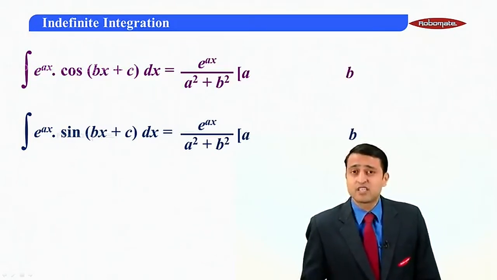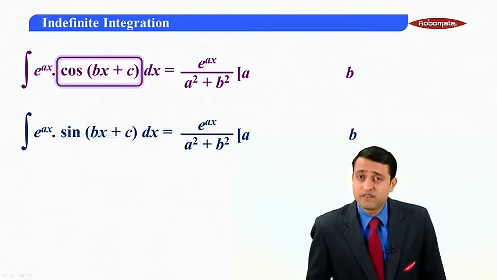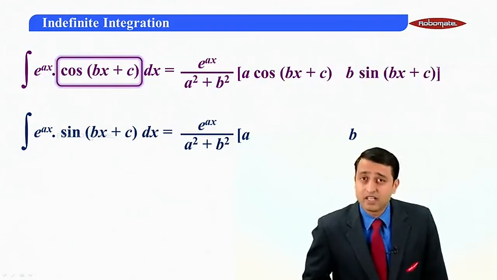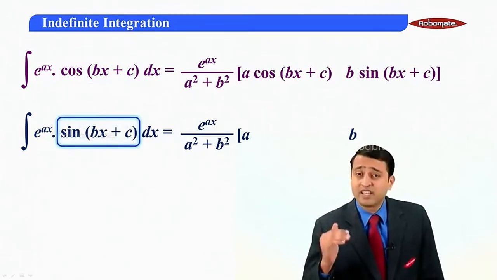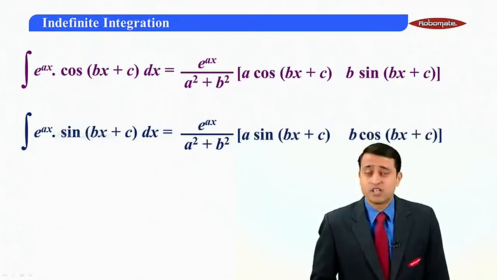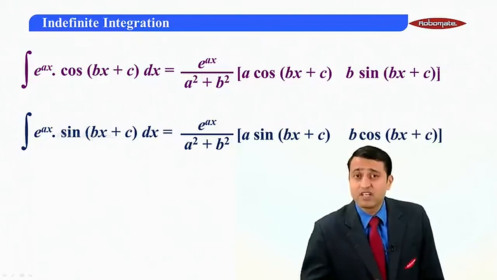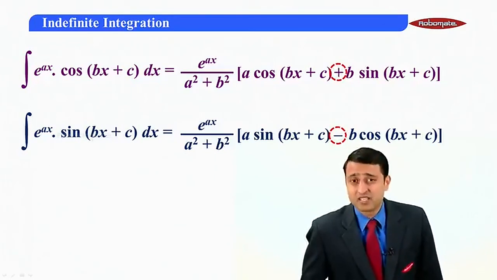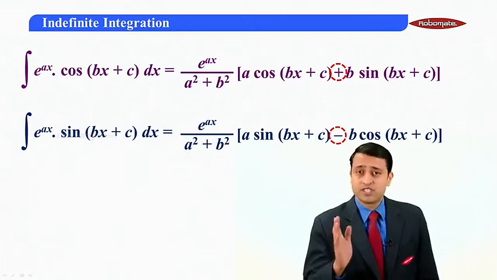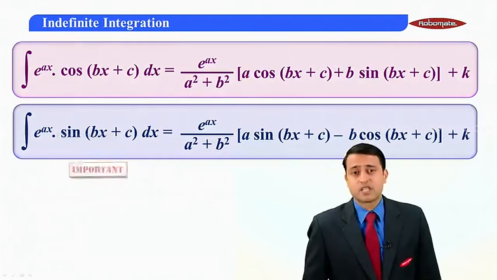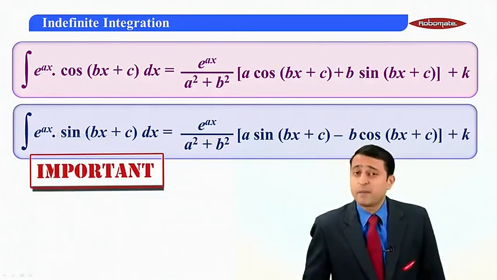Now if I take the first case, that is e raised to ax cos of bx plus c, after a we will have cos of bx plus c, which is the same as in the question. The first term is cos, therefore the second term will be sine. Likewise, in the second integral, the integral is having sine, so the first term in the bracket will be sine and the second term will be cos. Now between the two, you have to have an addition or a subtraction sign. For cos it is plus and for sine it is minus between the two terms. Now since there is an integral which is evaluated, you should have a constant of integration, which in this case is represented as k. Both these are very important shortcuts